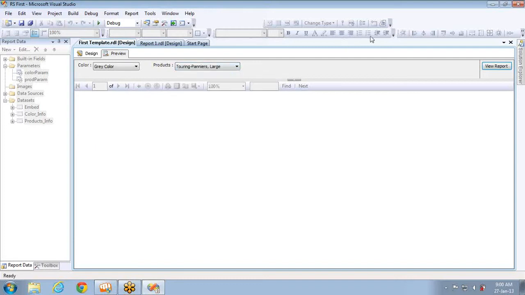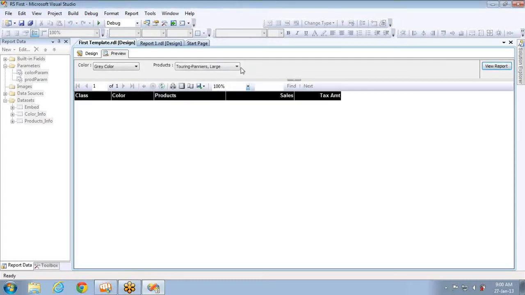And when I select any value for the products and click OK, then these two values will be sent to the main data set, and it will filter the complete data to return the available results. Now if I select white color, you can see the products that come in white color are loaded.